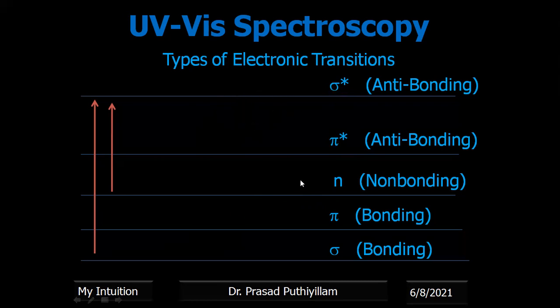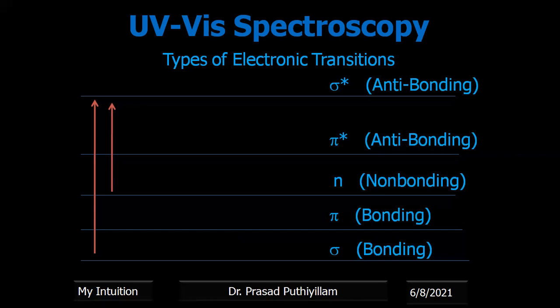Whenever we say that electrons jump to a higher energy level, don't think, as even I used to think when I was a student, that electrons jump away from the atom or molecule, just like sportsmen doing the high jump in a playground. This type of jump is not there. The arrangement of electrons is becoming a less stable arrangement. The electrons are repelling each other, or they are going to the anti-bonding side. They are not forming bonded pairs. That is the meaning of jumping to a higher energy level.